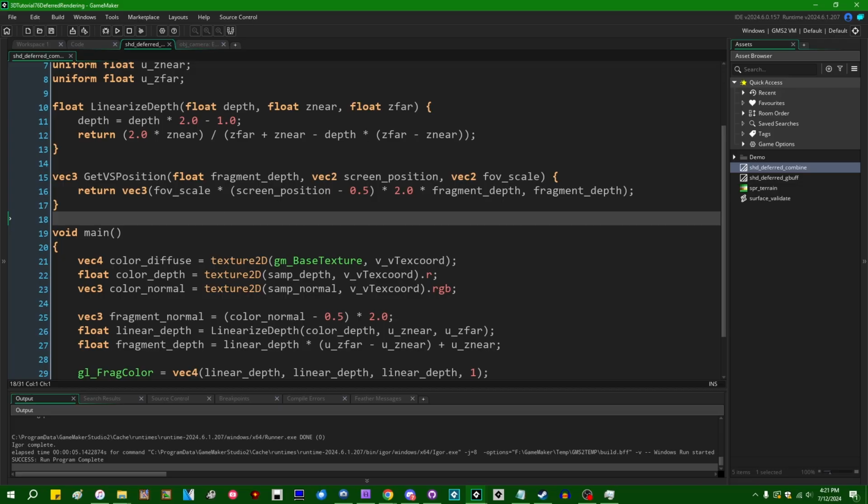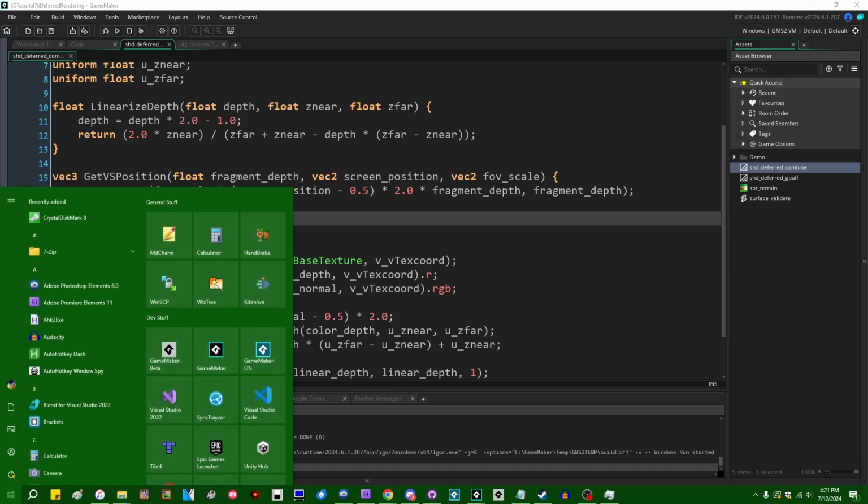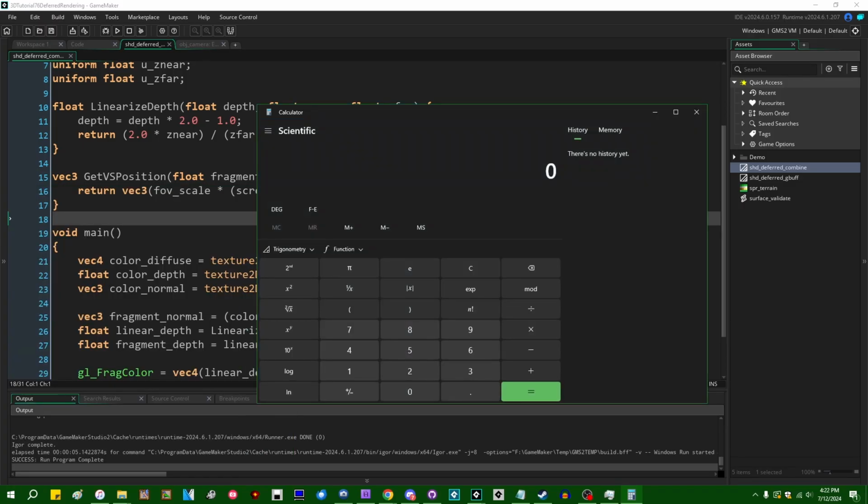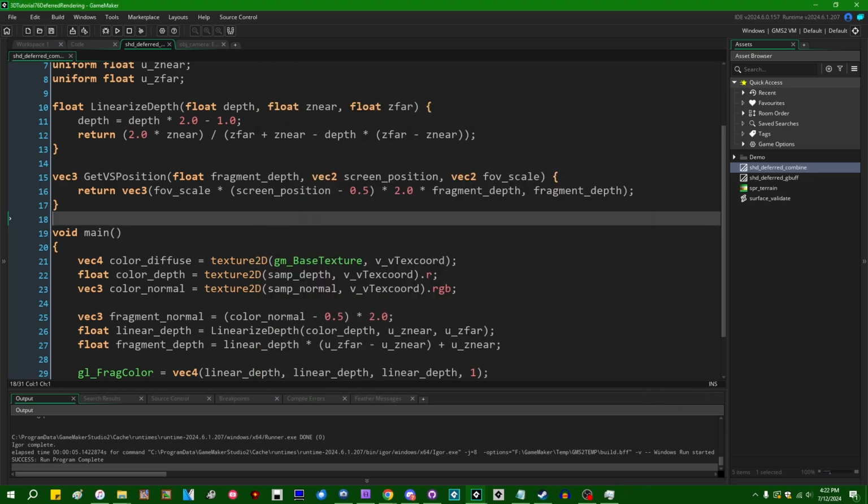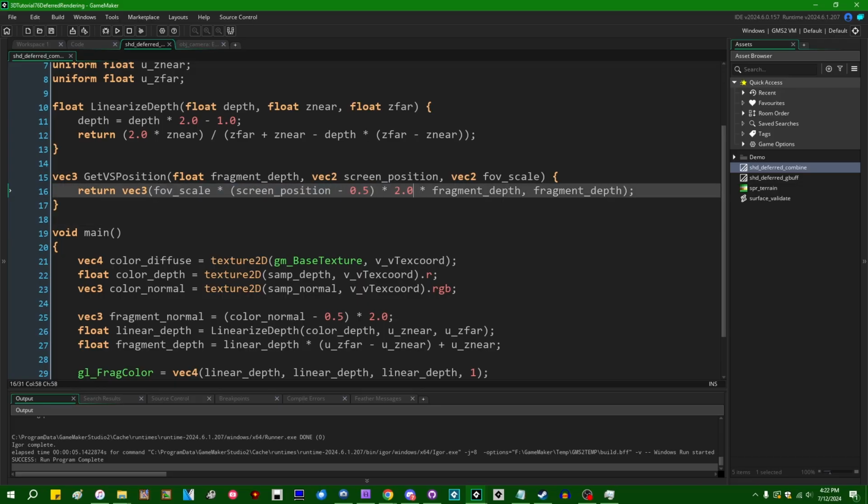And if you have an aspect ratio of 16:9 and your field of view on the y-axis is 60 degrees, that means your field of view on the x-axis would be something like 60 divided by 1.7-ish, so about 35 or 36 degrees. Anyway, when you multiply that by the normalized device coordinate, -1 to +1, and multiply by the fragment depth,